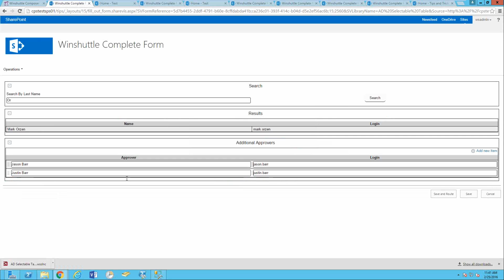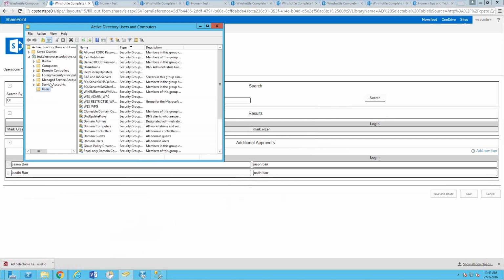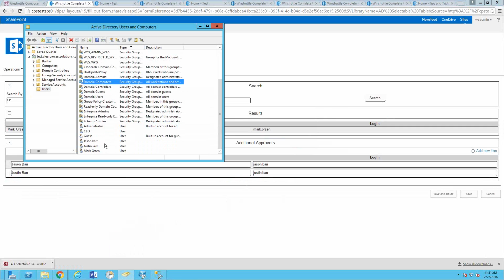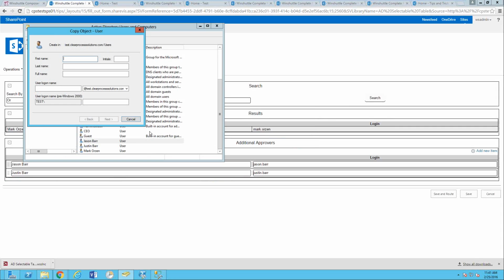Sure. And now we can limit our additional approvers. If you haven't seen Active Directory before, we'll go ahead real quick here and open up Active Directory, because this is one thing I do like about searching directly against Active Directory. I'm going to go ahead and just copy one of these users here,